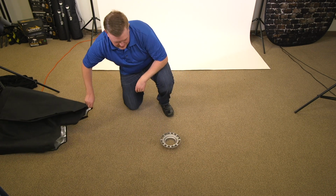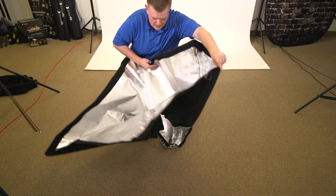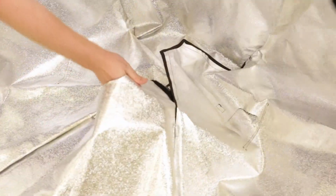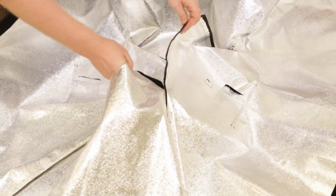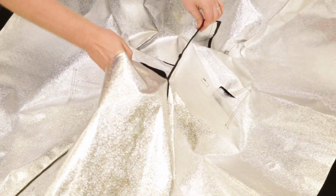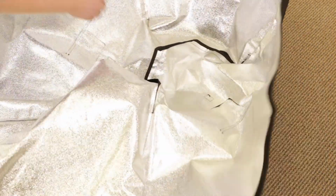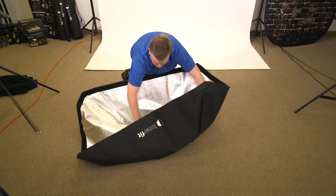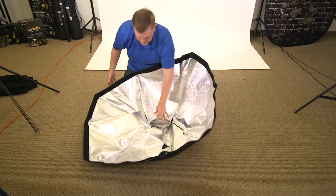So I found that setting up softboxes is easiest when you're down on the floor. So you set your speed ring down first. Take the body of the softbox and set it up over top. Now, before I get into this, you'll notice that there are some Velcro flaps here at the bottom near the base of it. Go ahead and open those up, and what that's going to do is relieve a lot of pressure later on in the process when you're setting this up. So you lay it out, set this in here,